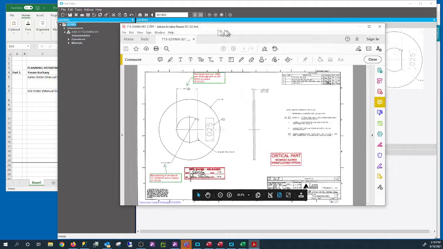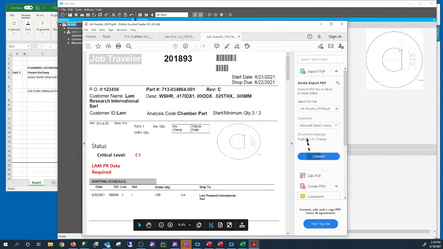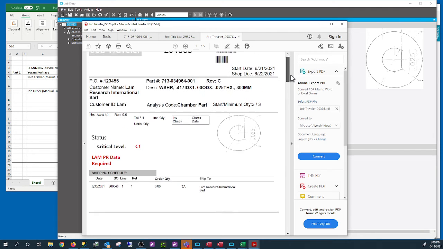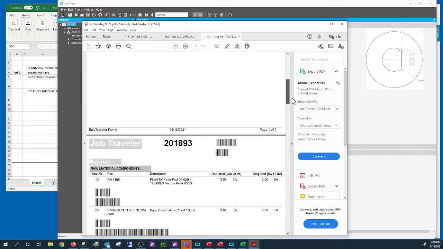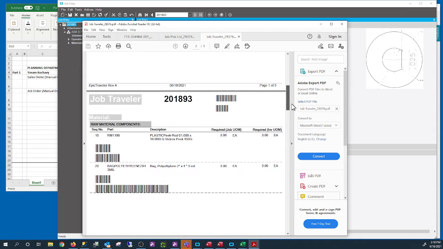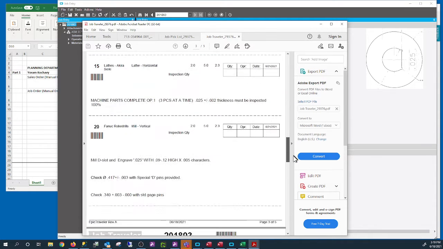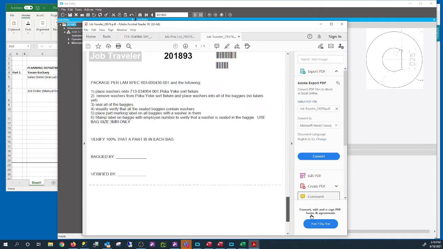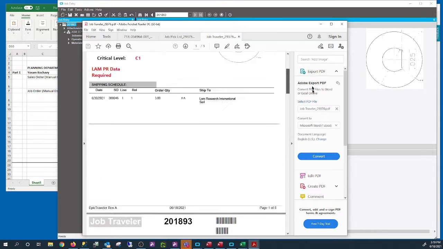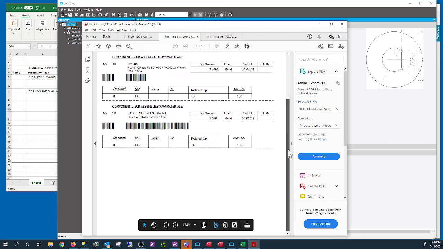So this is actually the drawings, and this is the job traveler. Do you want to examine the job traveler? I would suggest flying through this quickly because we have limited time for the training, and later on planners can go in and practice it, view it, and give us feedback. That's the best way to do it.